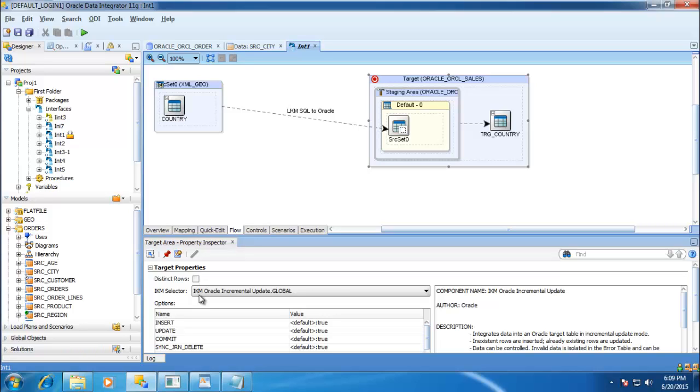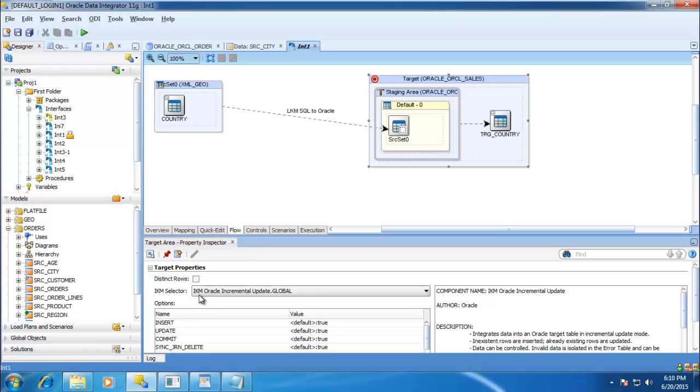Like this, many knowledge modules are available, and these knowledge modules we choose as a code template to generate the code. Because we are using a GUI and defining these interfaces, this has to be converted into code, and converting it into code is done by the knowledge module. There are many knowledge modules defined and made available by Oracle.